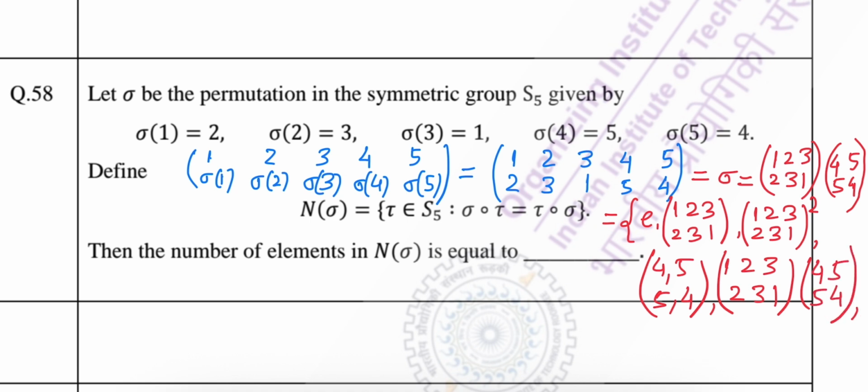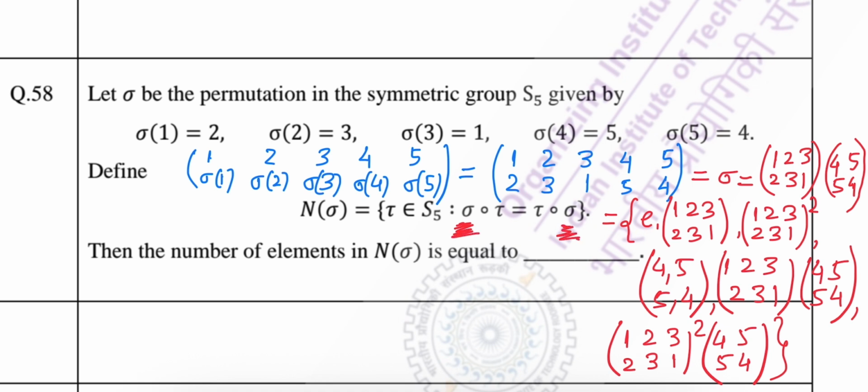And the last one, there will be one more element, and that element will be a combination of those two, but the power of the first cycle will be raised to 2, with 4 5 5 4, okay. So we got the elements which commute with this